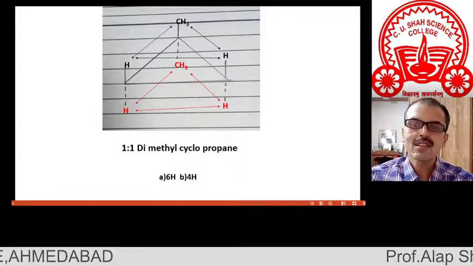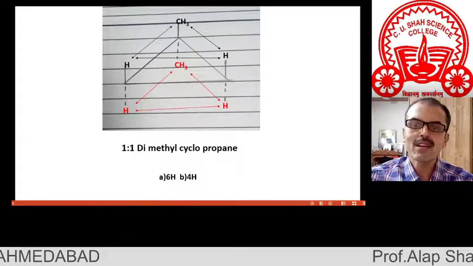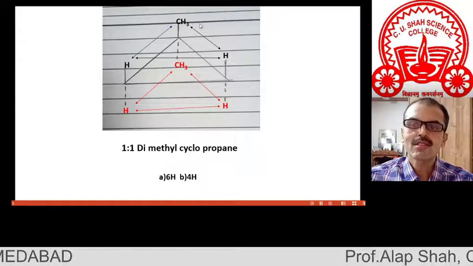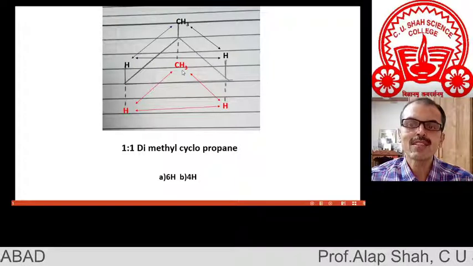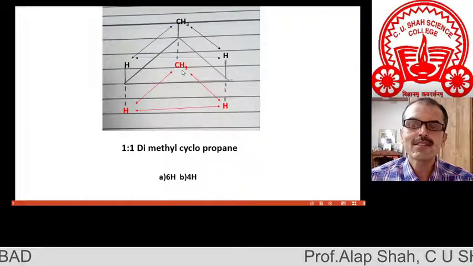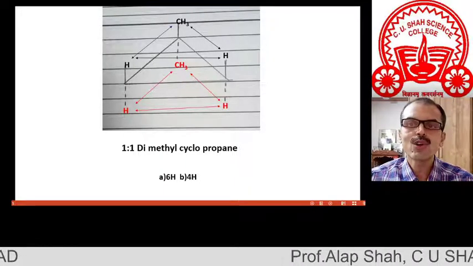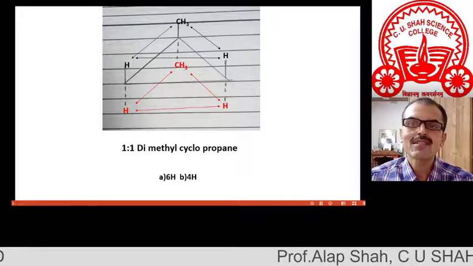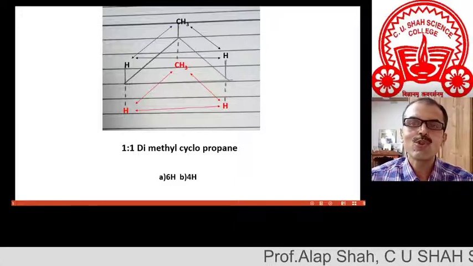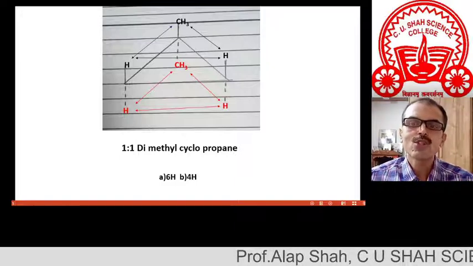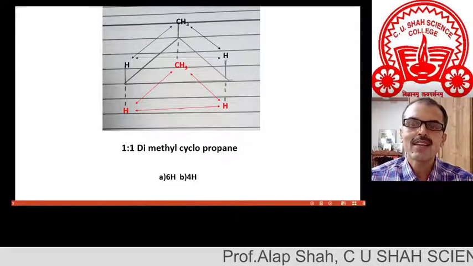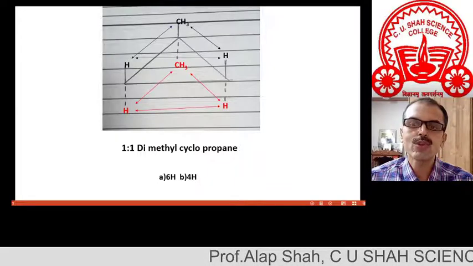This is the dimethyl cyclopropane in front of you. Now there are three isomers. This particular one is a 1,1-dimethyl cyclopropane. Now let me tell you friends, traditionally you used to draw the cyclopropane as a simple triangle, and if you do so in this problem, then you may not understand properly. So you have to understand in the same manner as I have shown in this figure.